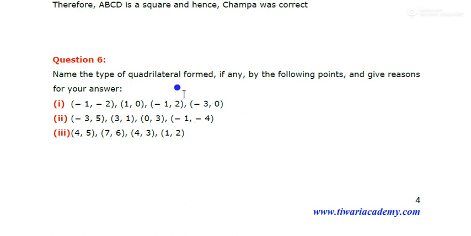Just try by yourself. Okay, this is the same question and we can see that it is a repetition of the 5th question. So students, today I'm just stopping here, and in the next video I will start from question number 7. I hope you have understood the problem, how we can solve the question if 2 points are given, what is the concerned formula for finding the distance, and how we can prove whether the points are collinear, or whether they are the points of an equilateral triangle and all. So thank you and have a nice day.